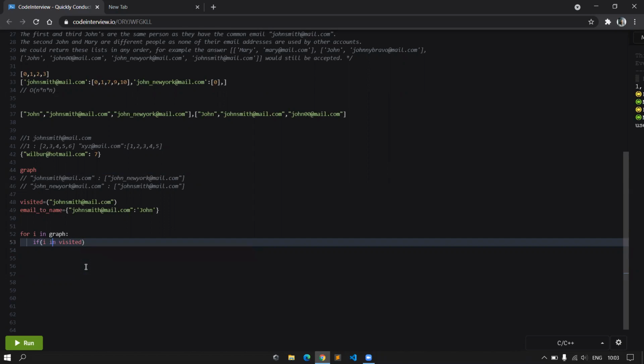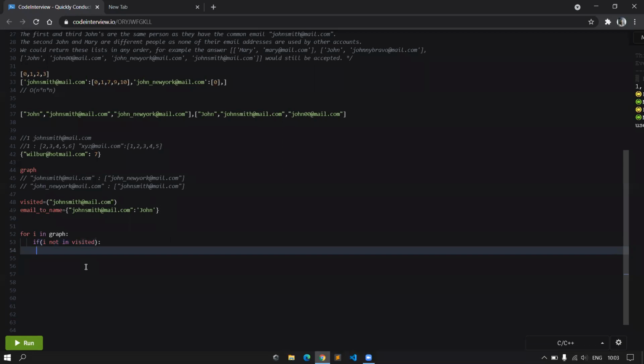Otherwise, if it is not in my visited list, this means that I can traverse the given node. So here I will call my traverse function, and I will pass... No, I cannot call traverse. Okay, I can call traverse directly, and I will pass the given key of the graph, which is I.